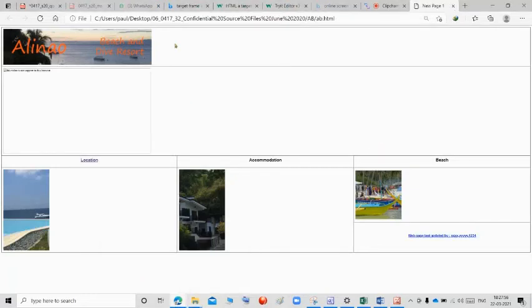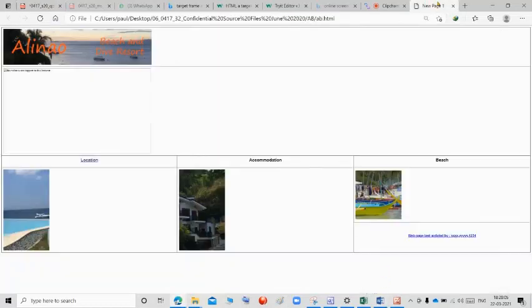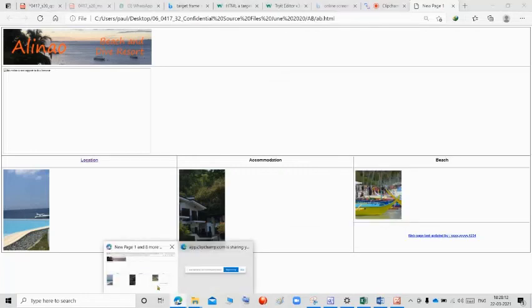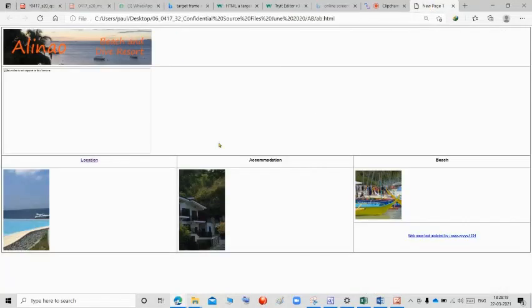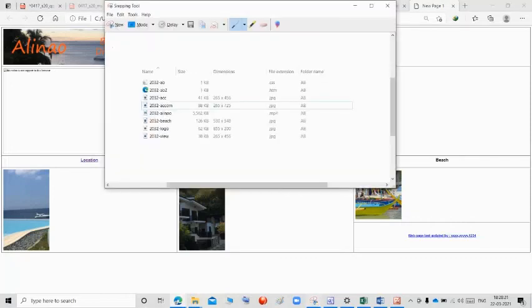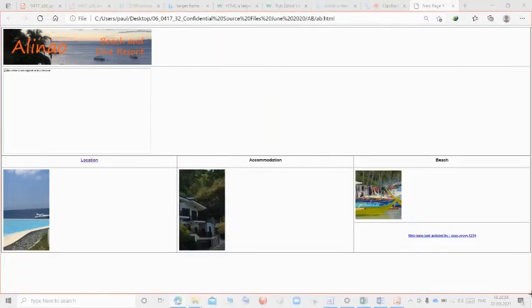Now next, we are going for the evidence. Place in your evidence document a screenshot showing the web page in your browser. One more thing they ask in the question paper: the address bar should be visible while you are taking this screenshot.